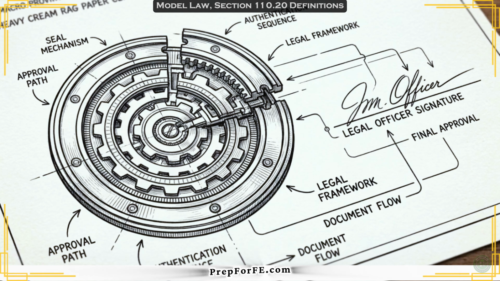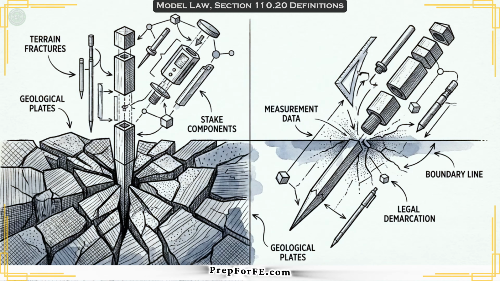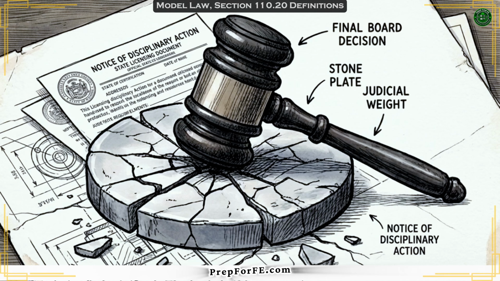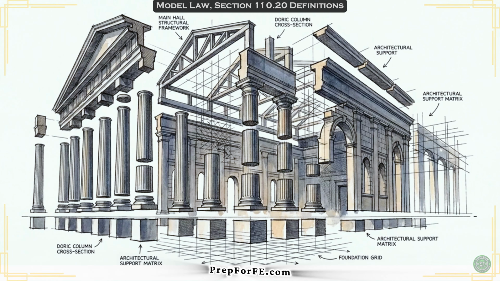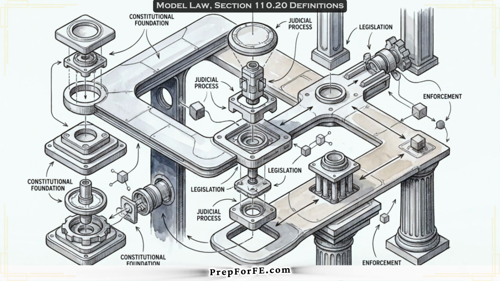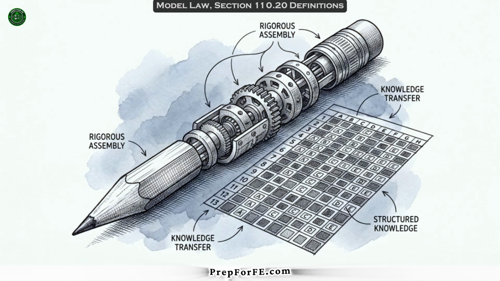Node 1 establishes that titles require specific, measurable milestones and official board approval. Node 2 outlines strict boundaries of action, enforcing the hard line between engineering and land surveying. Node 3 dictates exactly how work is authenticated and details the consequences of professional failure. These precise definitions constitute the statutory framework that will govern every aspect of your professional license. Memorize the structure. Maintaining the distinction between these nodes will allow you to navigate the ethics section of the exam with confidence.